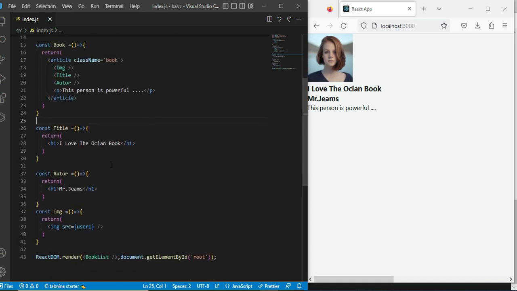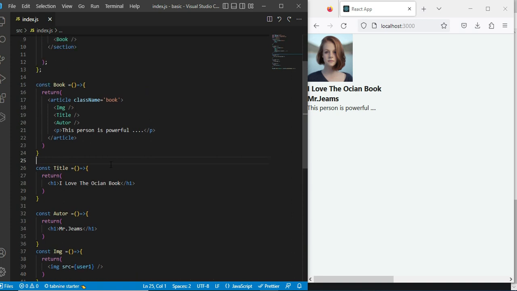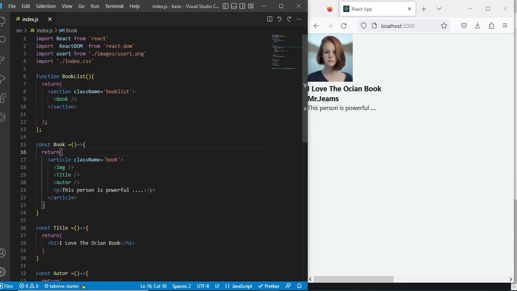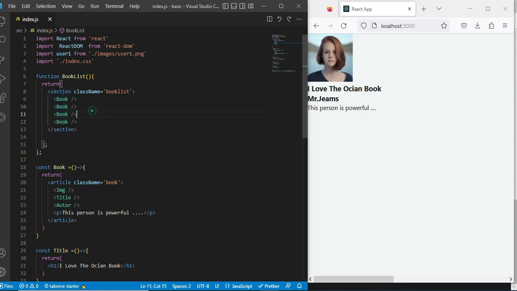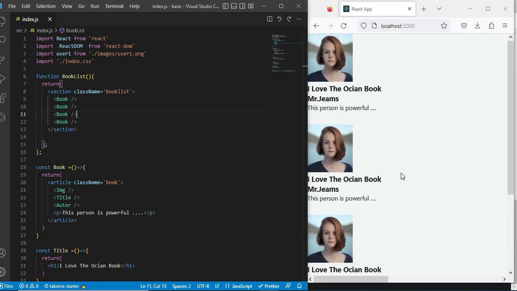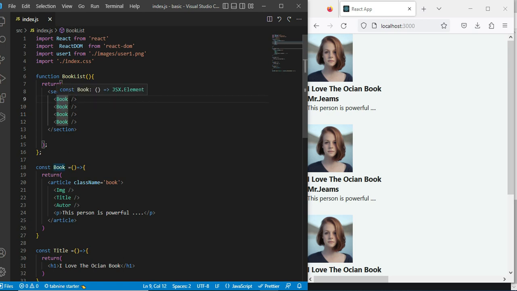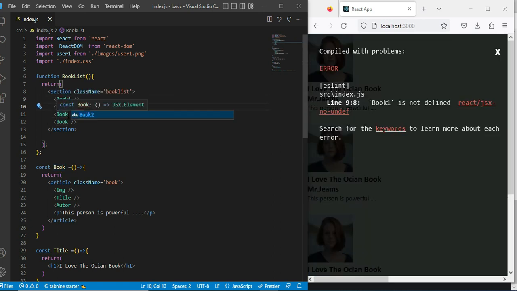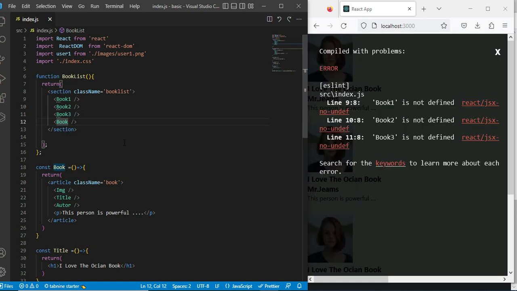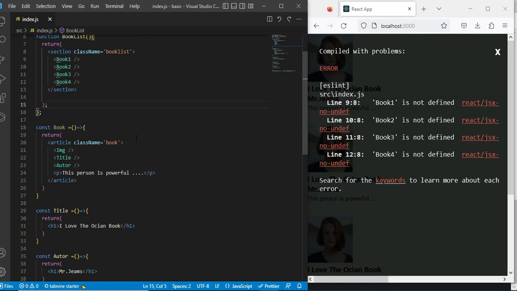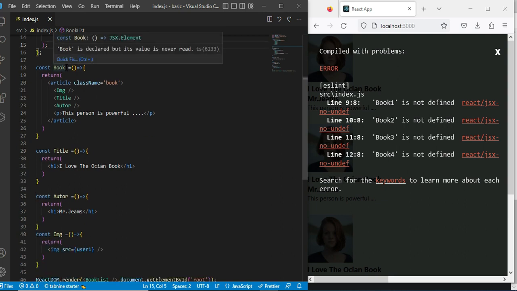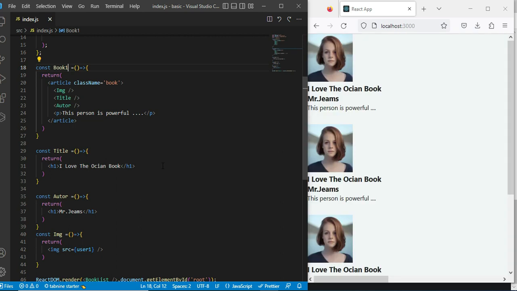So the first one is the first method of creating a book list by React file inside the internet page. So have a look right here. We have got this book element. If we duplicate this one, we can see the change, and we can add multiple books inside the browser, and we can change the names of these books. For example, 1, 2, 3, 4. I like this one, book 1, book 2, book 3, and book 4. So for this one, we should write down book 1. So right now we have got book 1, and